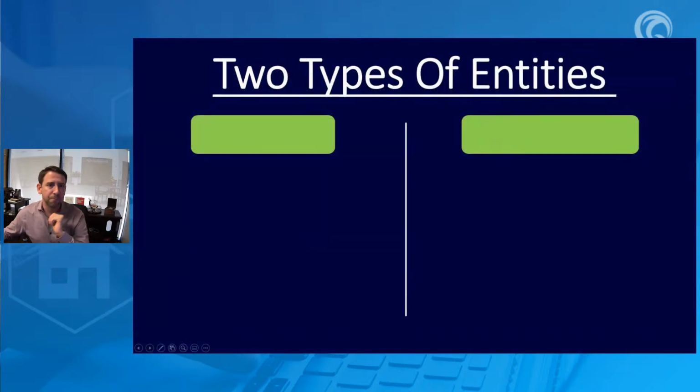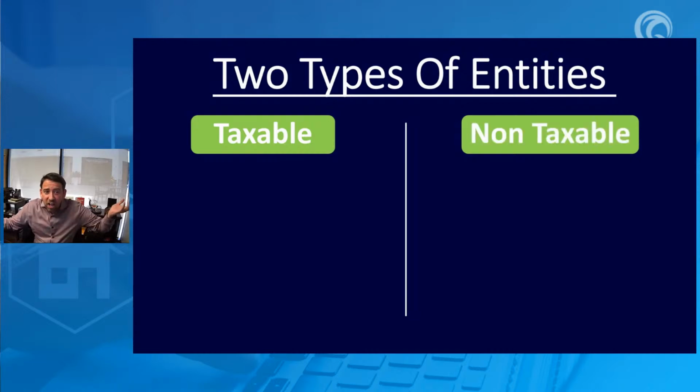All right. So we're going to have to start off, though. We have to have a good base level. And I always like to describe things from an IRS standpoint. Understand that the IRS puts everybody into two categories. One is a taxable category. Therefore, the other one is non-taxable. That makes sense, right?